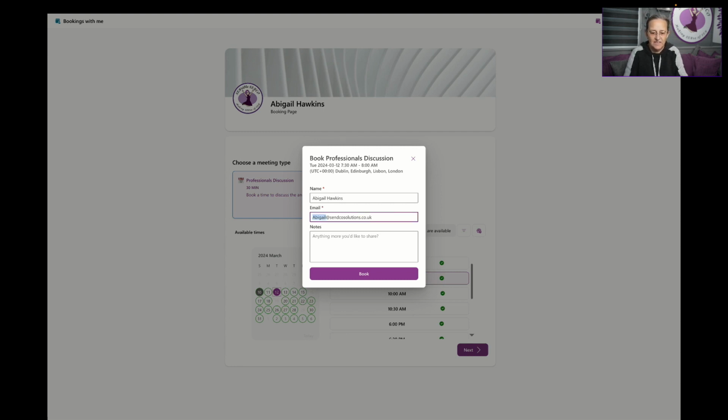Oops. It is not letting me override that. Why is it not letting me override? Because I'm ticked into it. That's why I'm logged in. I'm logged in on my account, so obviously I can't override what I'm actually typing there. So I'd have to send the link to Gavin and get him to send it. And then any notes there, so anything they want to share with me, any extra information that they actually need